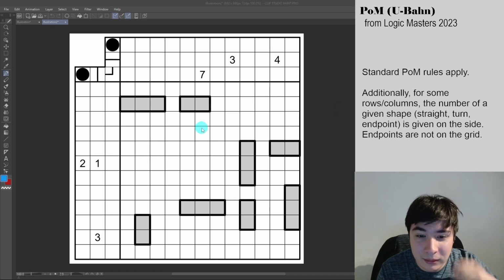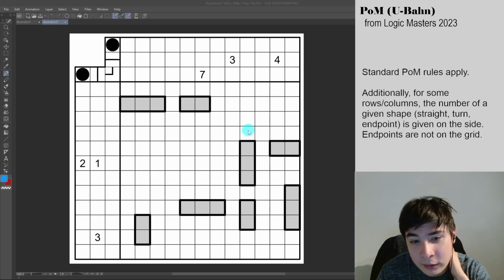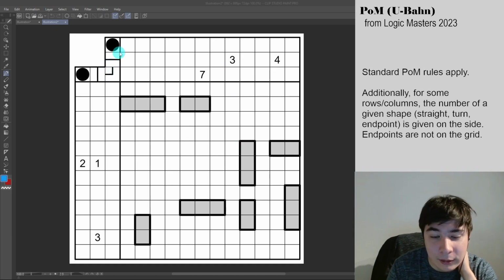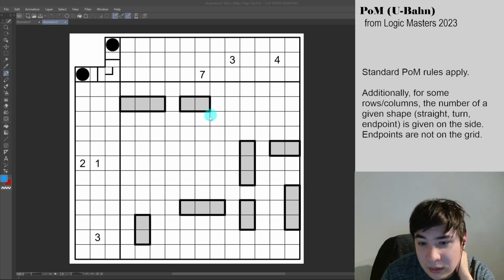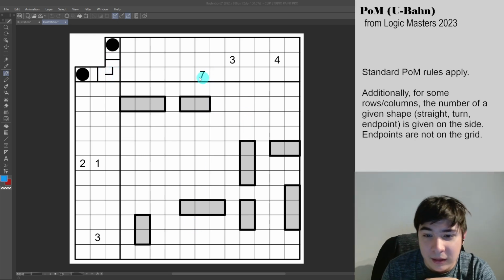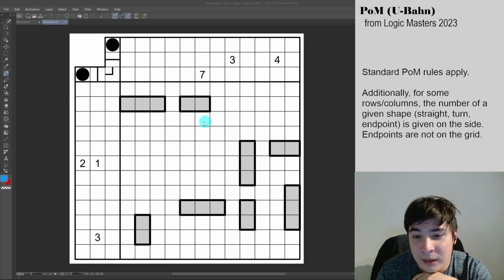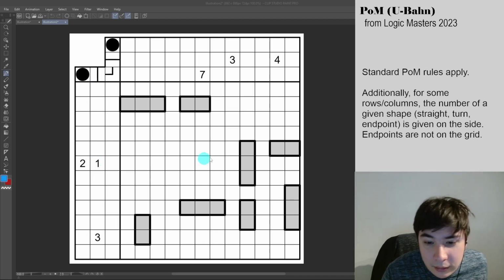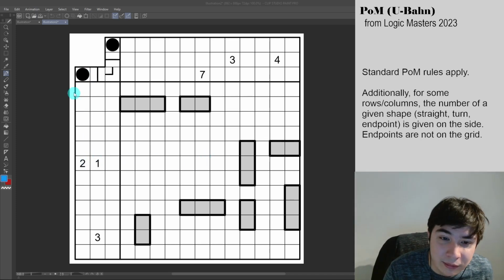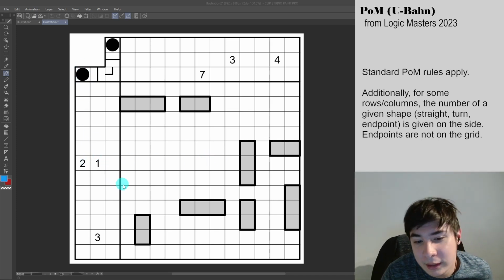So this follows U-Bahn rules, where we have our shape bank here, which is endpoints, straight lines, and turns. These can be rotated, by the way. So this just says there are 7 turns, not necessarily 7 up and to the left turn segments in this column. But yeah, wherever there isn't a number, that just means we can do as many or as few as we want. So yeah, I guess our most valuable given here is the endpoints, which are not on the grid